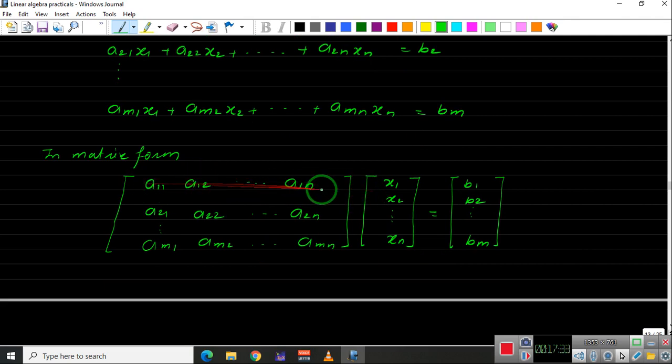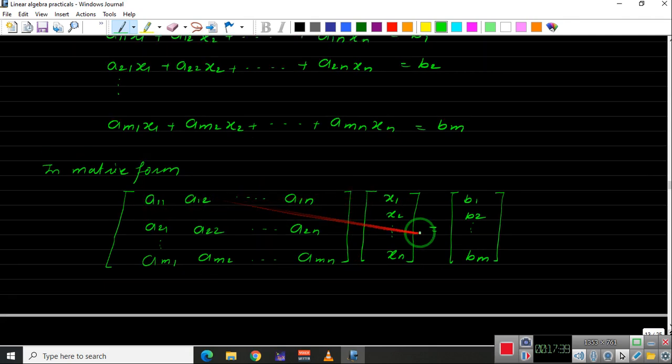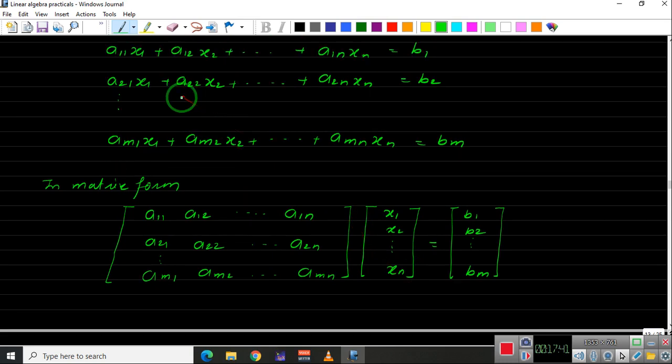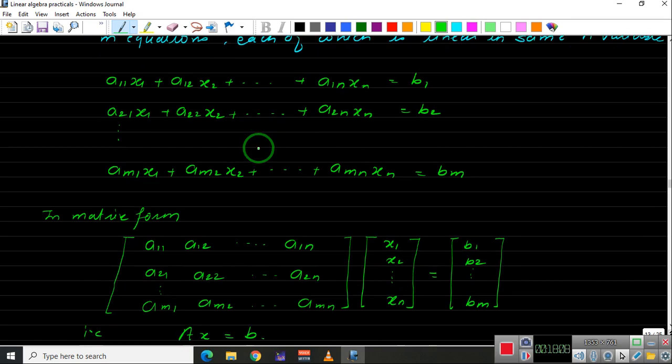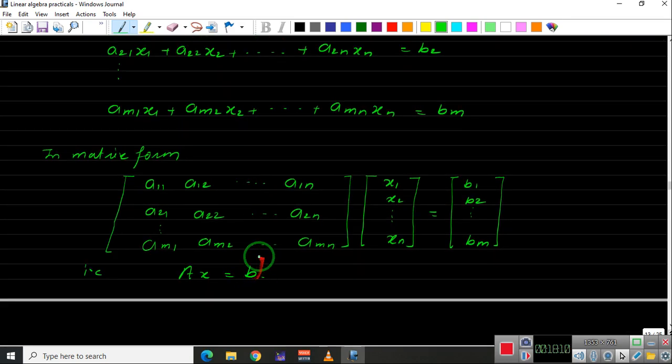Now when you multiply this, as we know how to multiply two matrices, we multiply a11 with x1. So when you multiply the first row with this column, only one column is there. So we'll have a11 x1 plus a12 x2 plus a1n xn. That is precisely what we have here. That will be equal to the first entry on our right hand side, that is b1, right? And this we can write in the form Ax = B, where A is called the coefficient matrix of the system, X is this matrix, and B is this matrix, column matrices. Okay, so given a system of equations, we can write it in the matrix form.